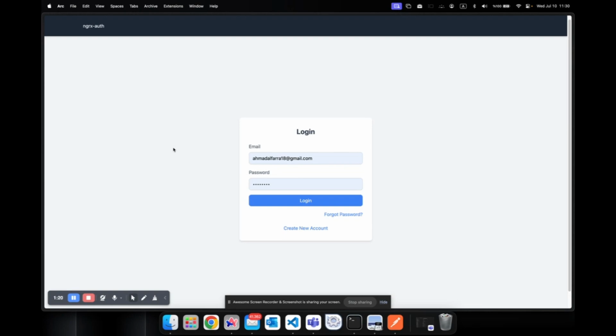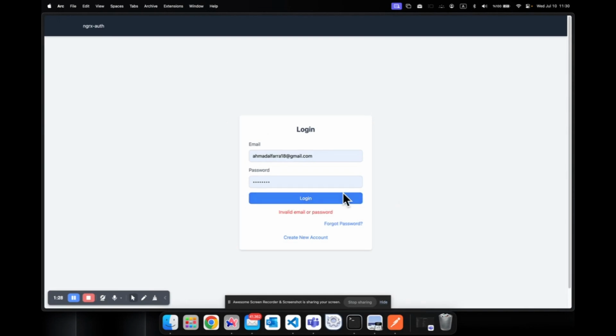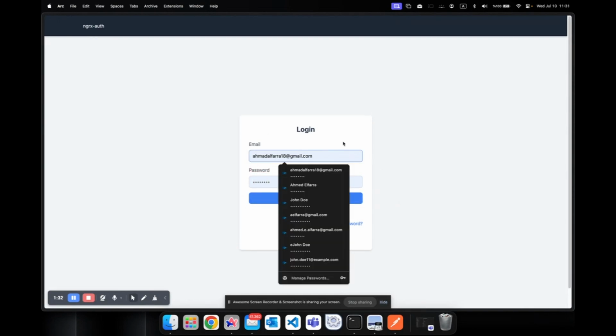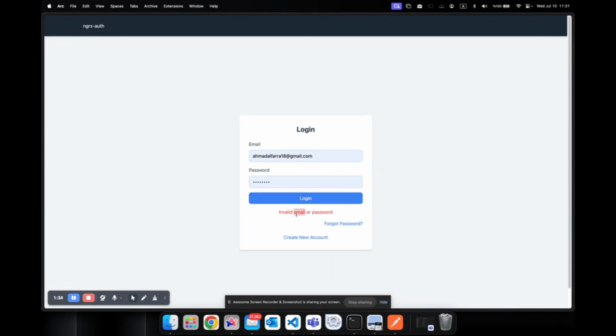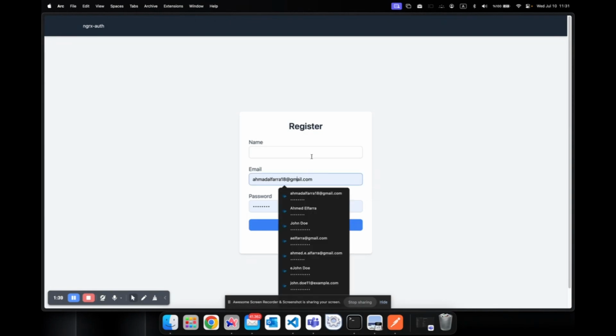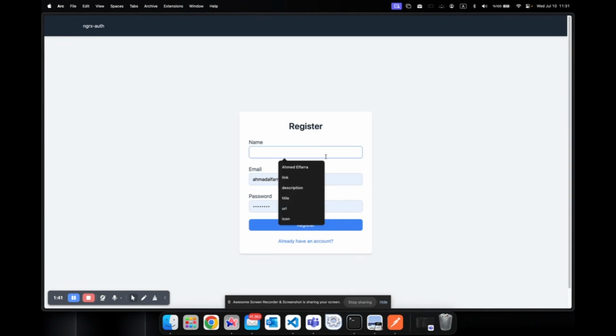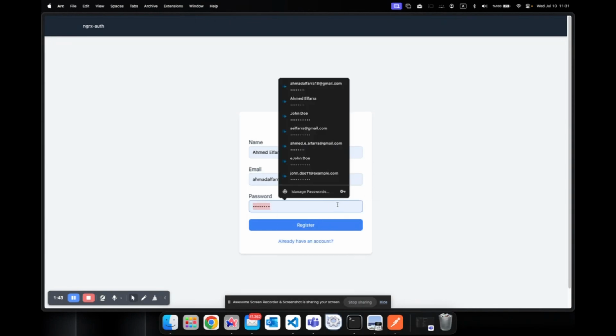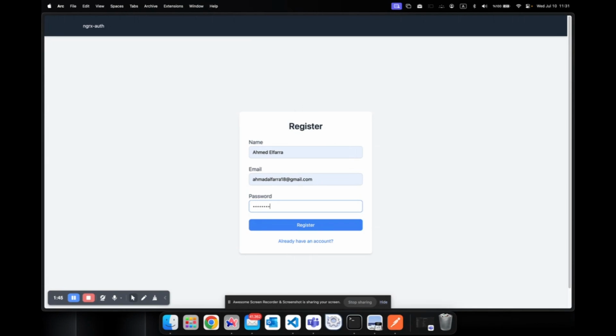So let's start with the live demo. Here we are in our login page. If we try to log in with invalid credentials, like this is a non-existing email, it says invalid email or password. So let's create a new account with the same email, and for the password,